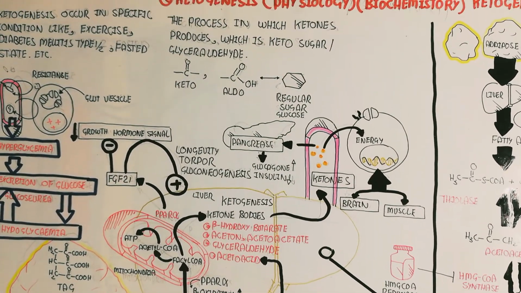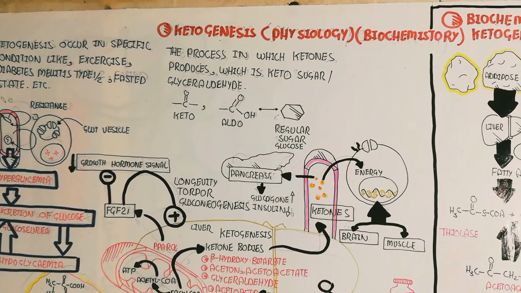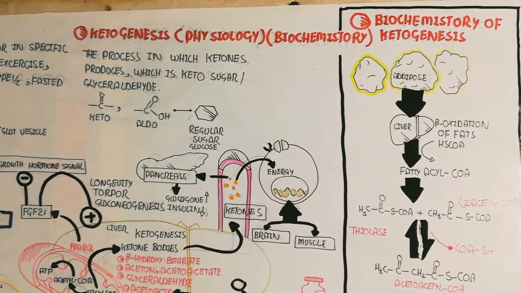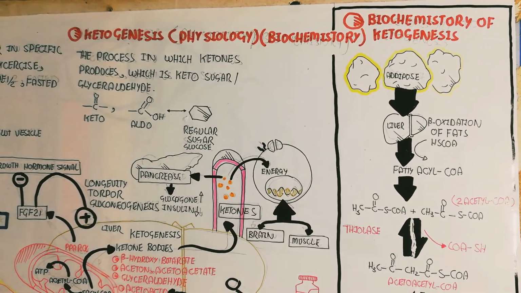And in the urine, more ketones are produced. So in this way, exercise, the diabetic person, or the fasted state will stimulate